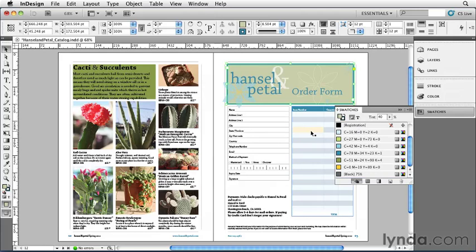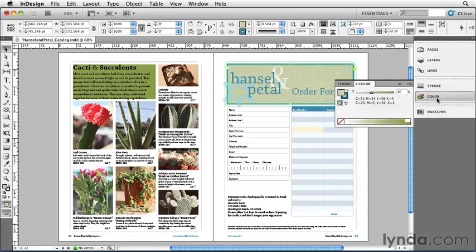Now, if you're paying attention, you may have noticed that just above the swatches panel, there's another panel called Color. Let me pick that one instead. The Color panel lets you choose localized color, what's called unnamed colors in your document. It's helpful when you want to just tweak a color a little bit, although you have to be a little bit careful when you're using the Color panel. I'll be explaining why that is and why unnamed colors can sometimes be dangerous later on in the chapter on color. But for now, I just want to point out that there is a color panel,